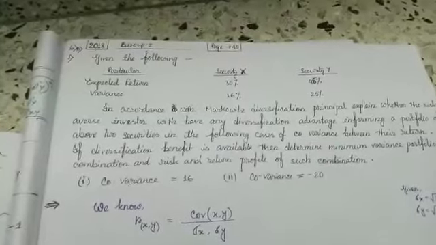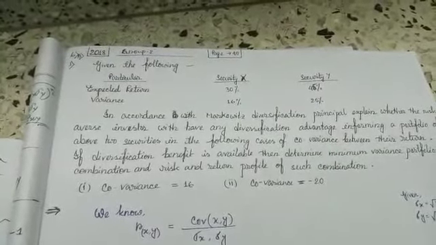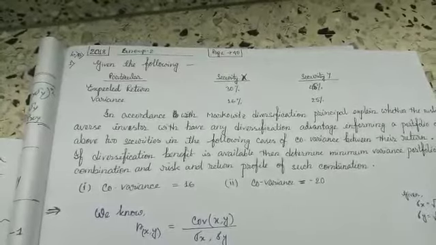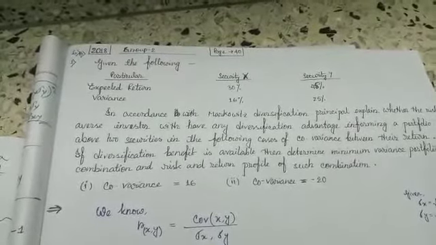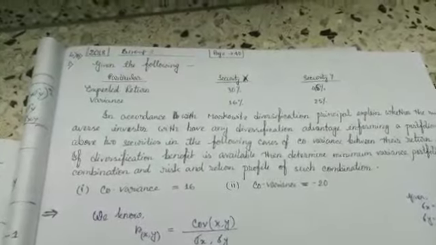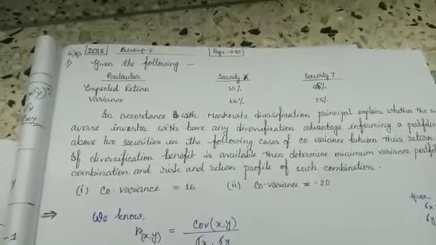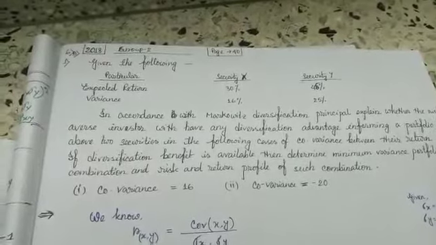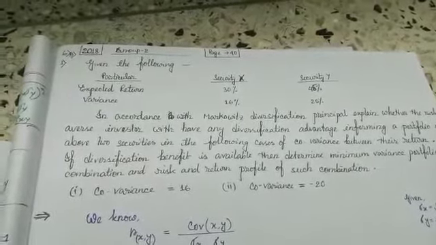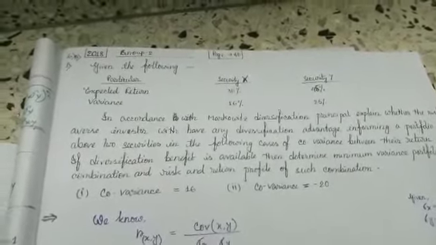This is the first problem that appeared in the year 2018. You will find these sums on page number 40 of your Scholar or Scanner. The question is that, given the following,